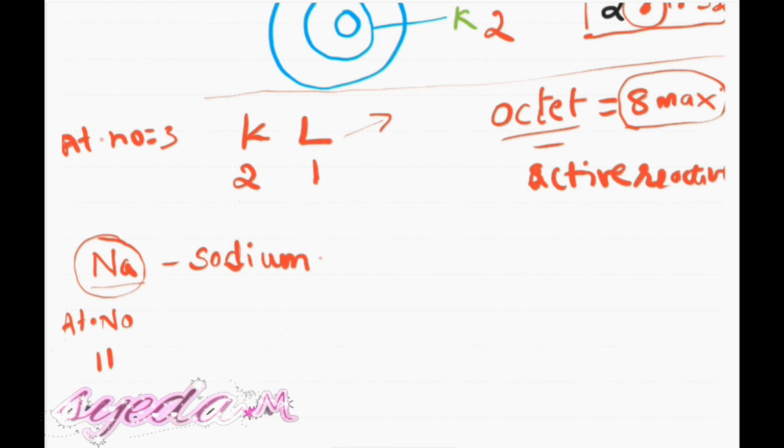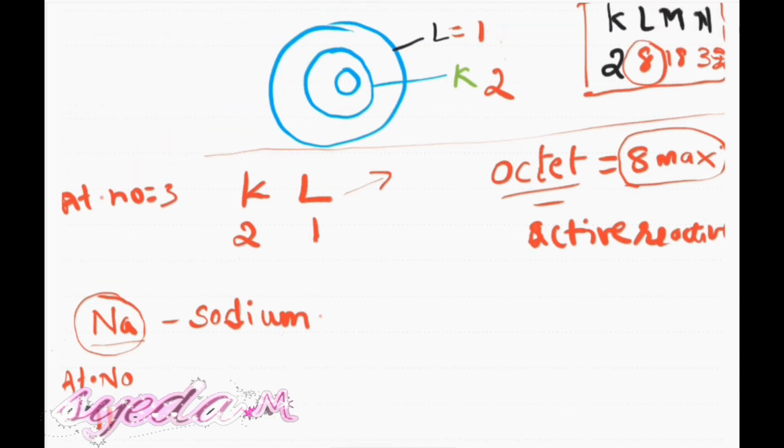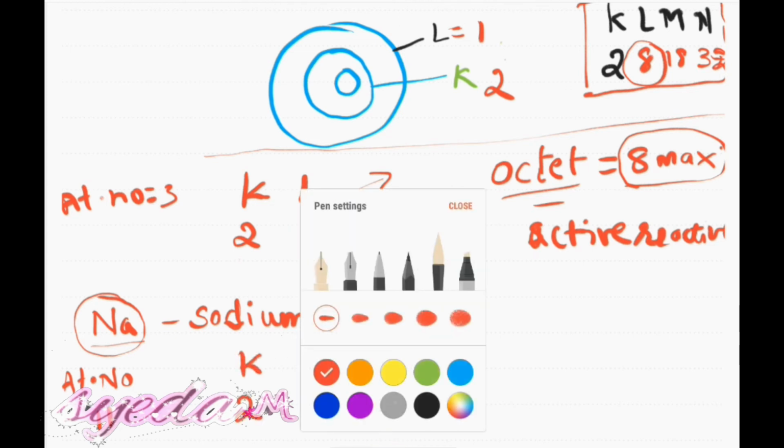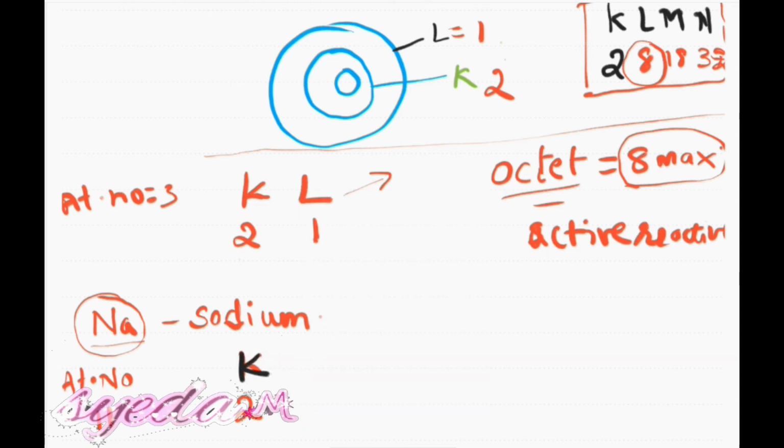That means you have to distribute 11 electrons in the orbits. How are you going to distribute? You are going to distribute based on this capacity. So, if you draw the structure for sodium, first shell 2, second shell maximum... I will write here this way: K shell, L, M, N. We don't know how many rings it will form. This 11 has to be distributed based on this capacity. 2 will go here.